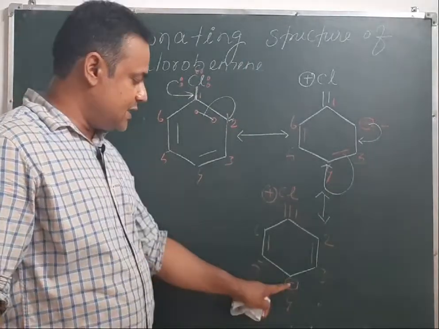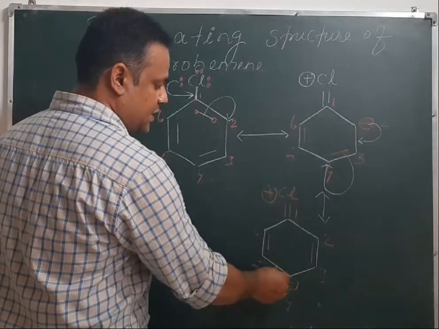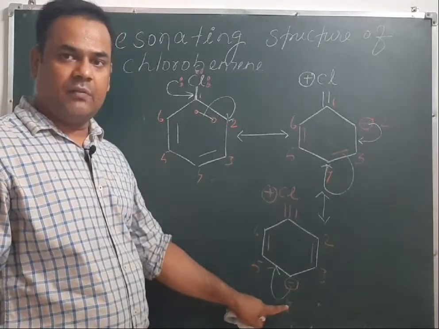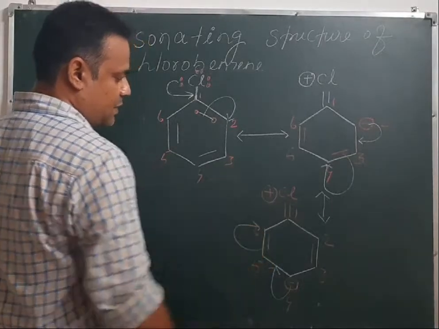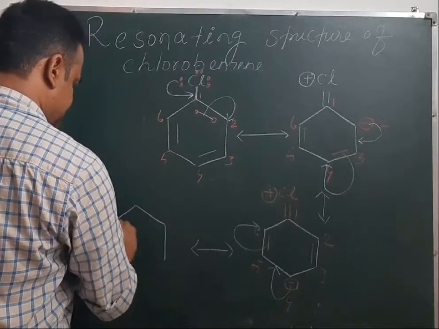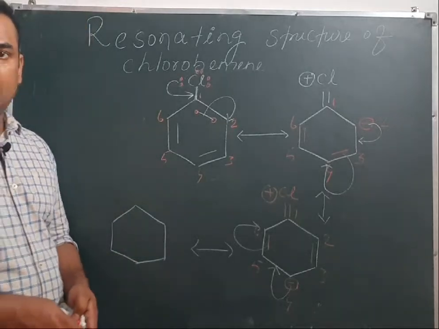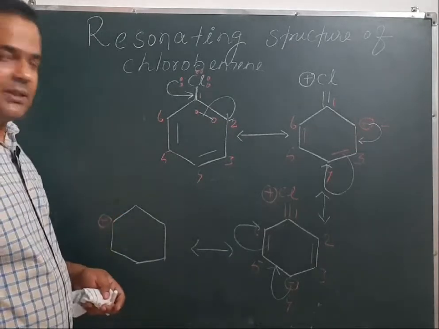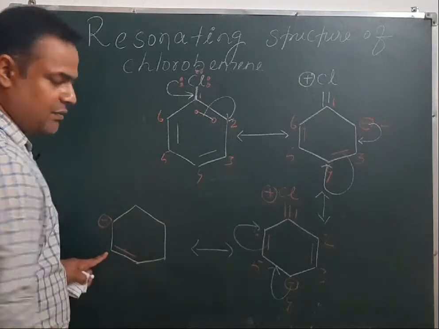Now again this negative charge is in conjugation with a double bond. So this electron pair will shift here, making a pi bond with carbon number 5. There will be pi bond formation between carbon number 4 and carbon number 5. And this electron pair will shift onto carbon number 6, resulting in the formation of another resonating structure. As the electron pair is shifting onto carbon number 6, this carbon, carbon number 6, will acquire a negative charge, and there will be pi bond formation between carbon number 4 and 5.